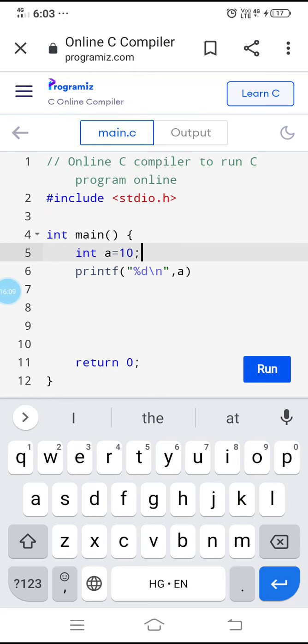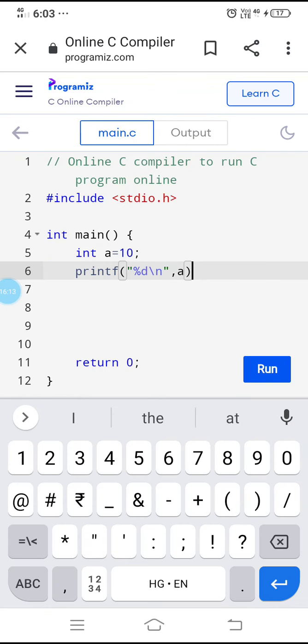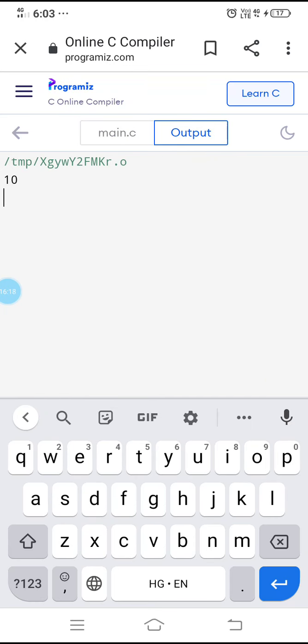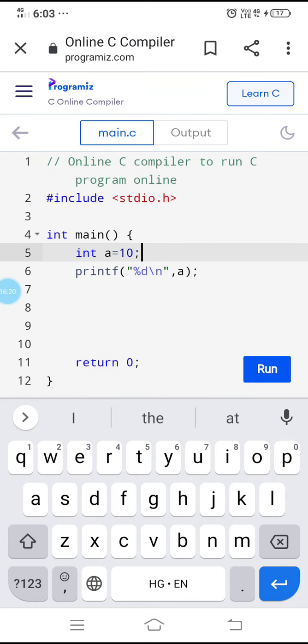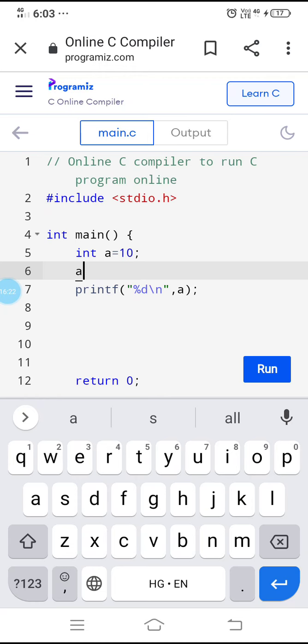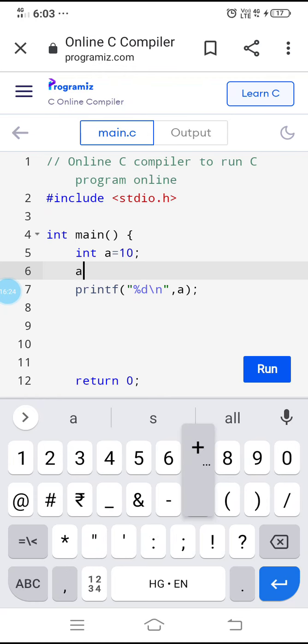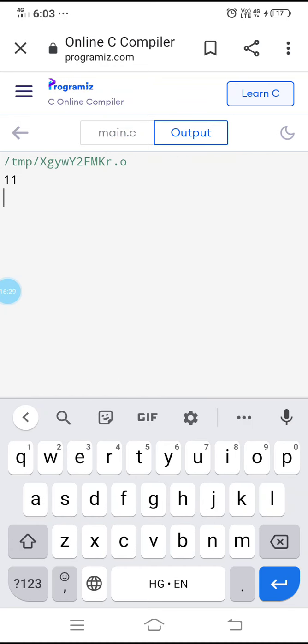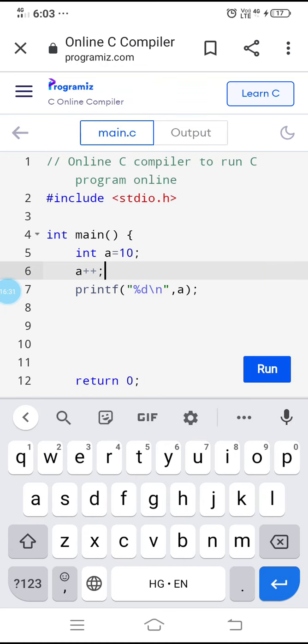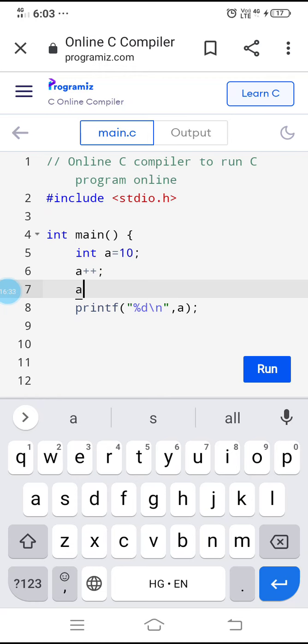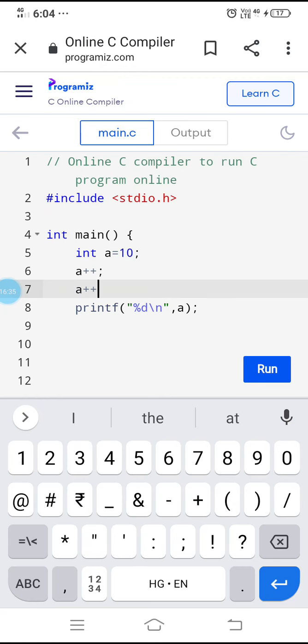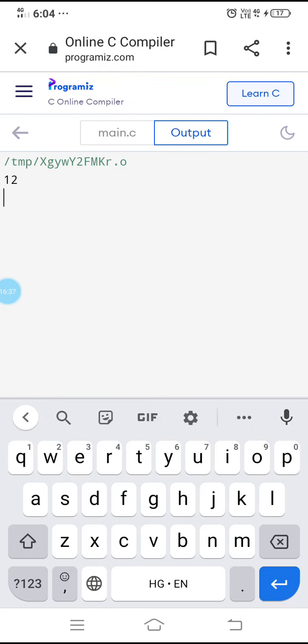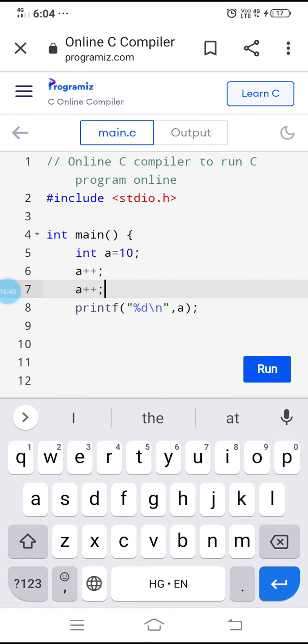Here the semicolon is missing. What is the value? 10. If I write something like a plus plus, the value is going to be 11, right? Again, for the second time, if I implement the same operator plus plus, let us see the result. It will become 12. It will be incremented by 1.